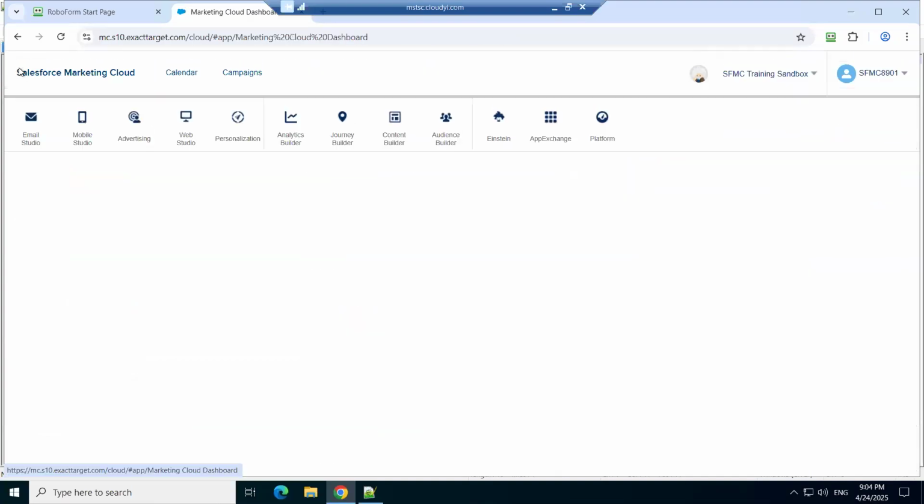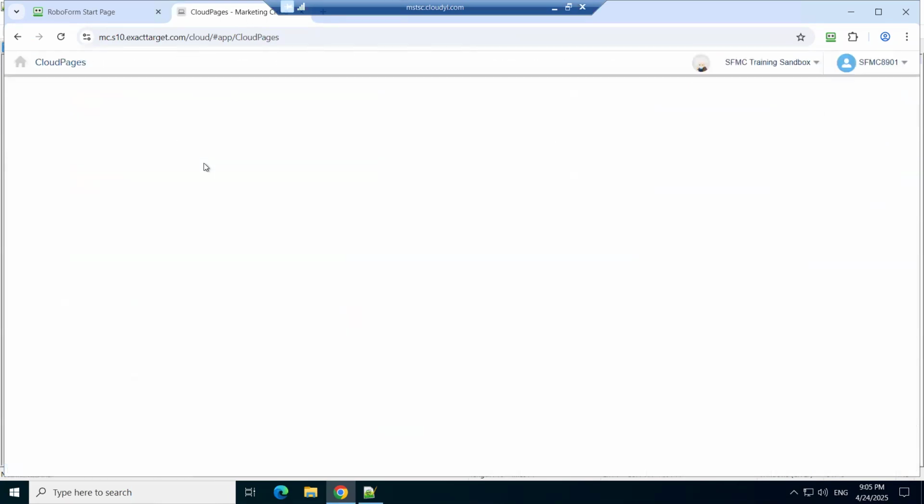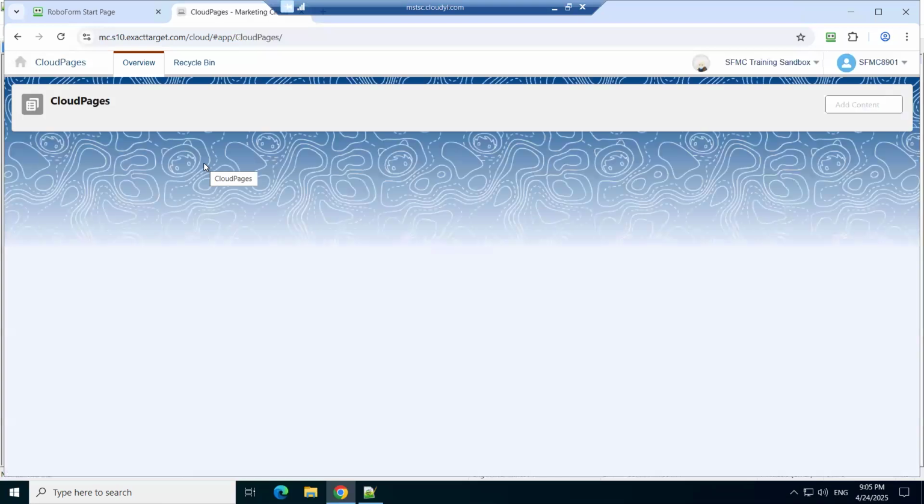We will try to do something around cloud pages and Journey Builder, a mixture of both. Any idea what a cloud page is? It is inside this Web Studio module, you can see. Any idea? You will go inside this by clicking. Is that a kind of a landing page? Yes, it is a landing page and for other purposes also like